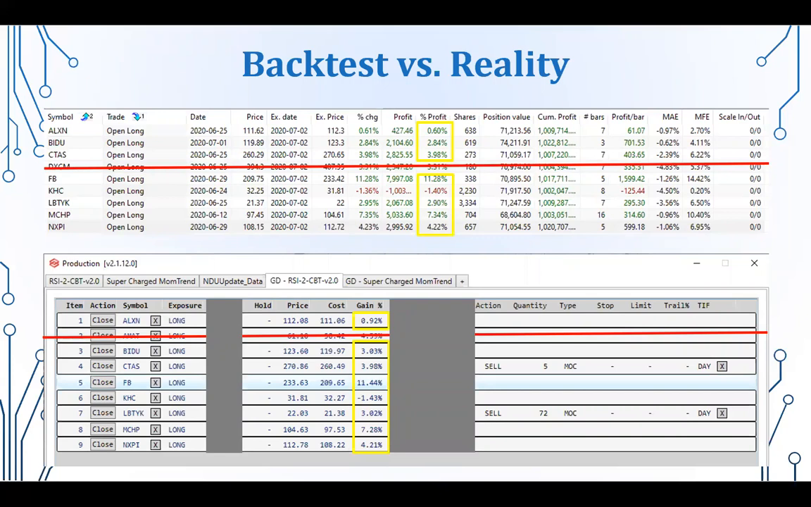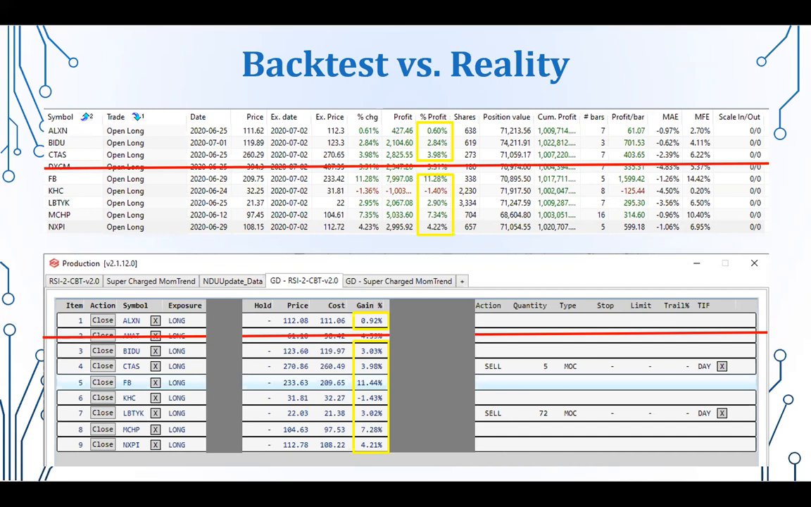Now, let's take a look at the trades shown as open longs in my AmiBroker backtesting software versus real positions I had on that were being managed by Alera Portfolio Manager and trading the strategy live with real money. This was a screenshot that I took as of last Friday, July the 3rd. We'll see that they're very close on a percentage basis, which is what you would hope to see